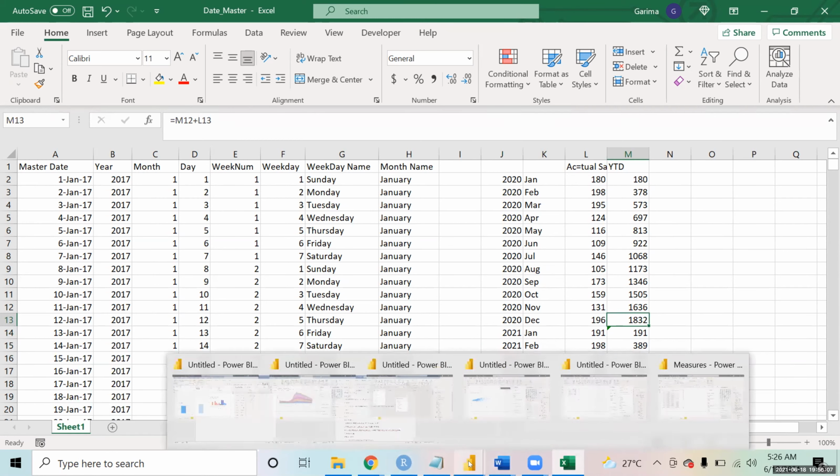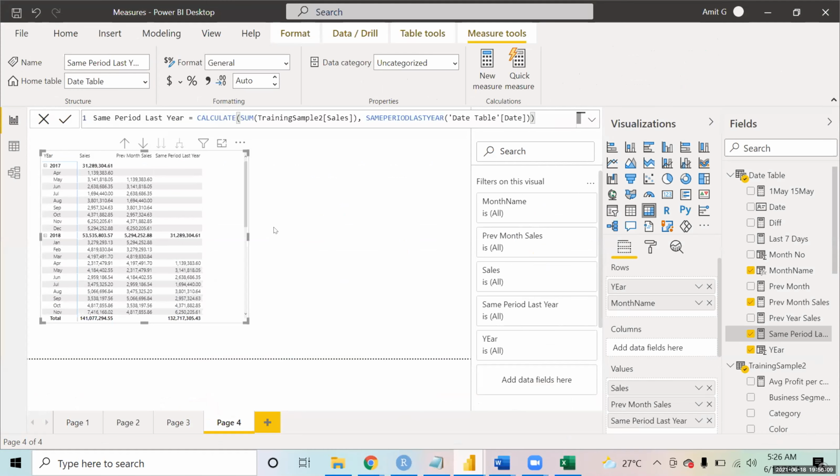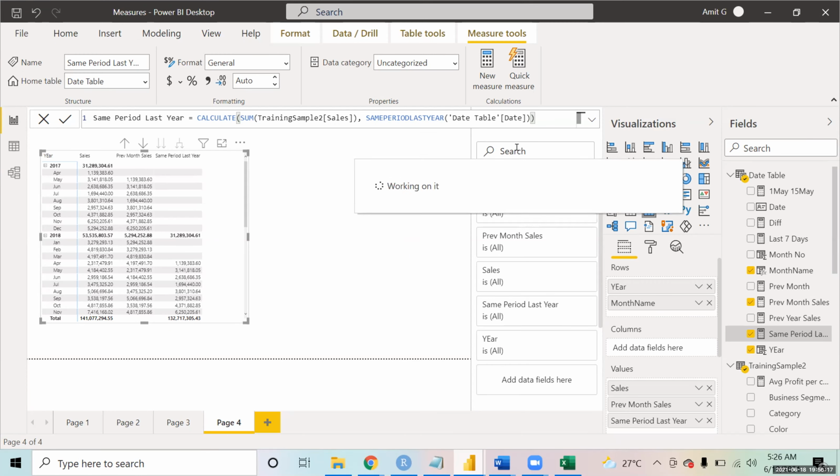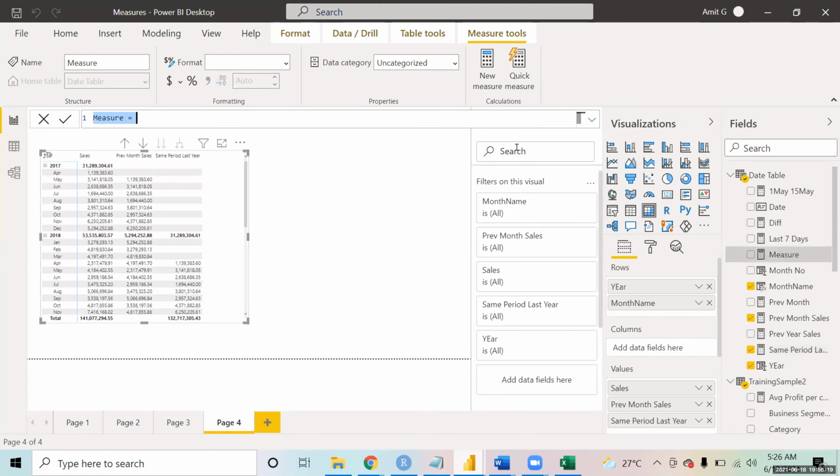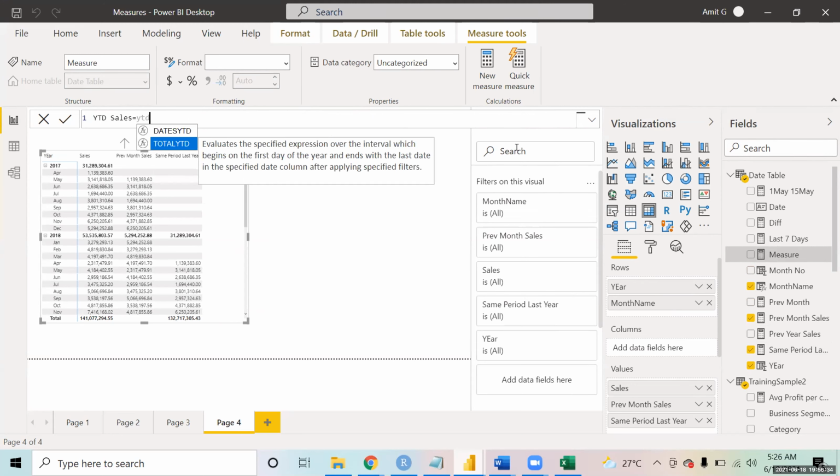So now what we'll do is we'll come over here and make a new measure. I'm going to call this YTD sales, which will be equal to, so I use the YTD function. The function name is TOTALYTD.